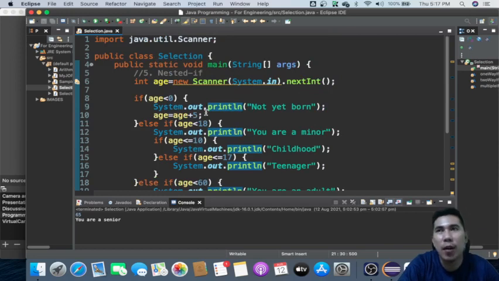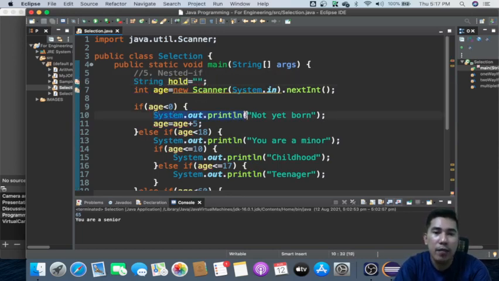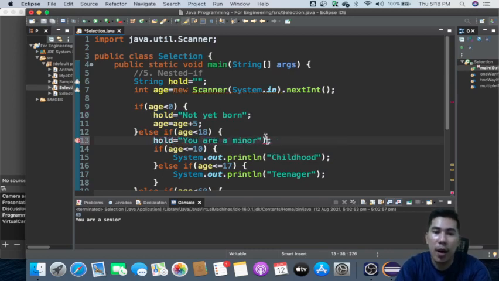Actually, nested if is always the case in most complex programming. Okay, all right, so right here, I would like to end my discussion with this one. Let's say, for an instance, if this is JOption pane or GUI, it would be better if you use a third-party variable in which you just make use of, like, hold. Okay, and then here a minor, and then also with this one,